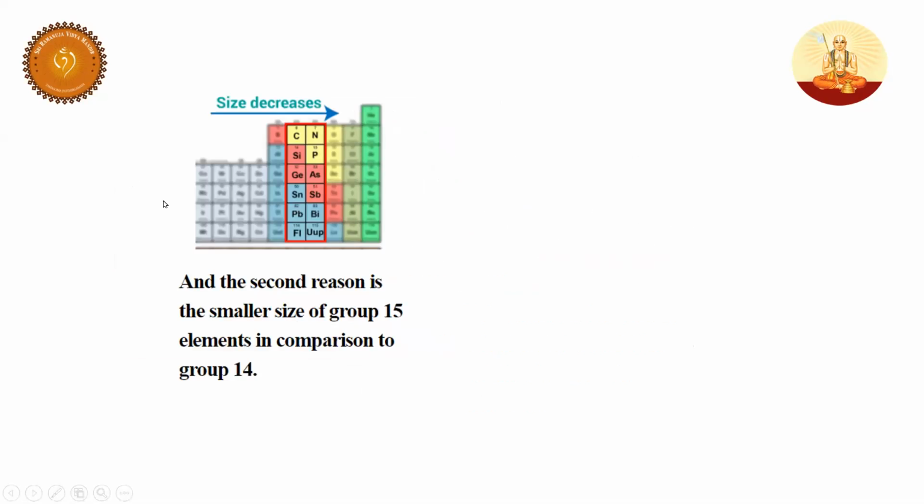Let us move on to the next physical property. You can see here, as you go across, the size decreases. As the size decreases, IP increases. When IP increases, non-metallic character increases. That is the reason why in the P block elements you have non-metals. The very important feature is that the P block has metals, non-metals, and metalloids, whereas S block, D block, and F block have metals only. P block is the only block which contains all three.